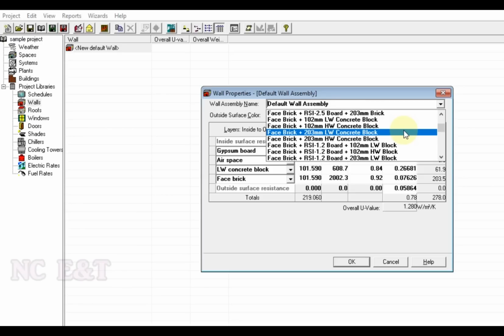And how to calculate the U value we already explained in our study for manual heat load calculation, and we already made one separate video for calculating the U values. You can refer to these videos and learn how to calculate the U values. But for our study we will select the default values provided in the program and we will proceed.